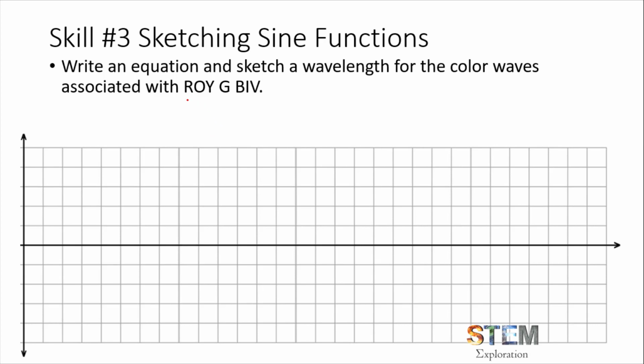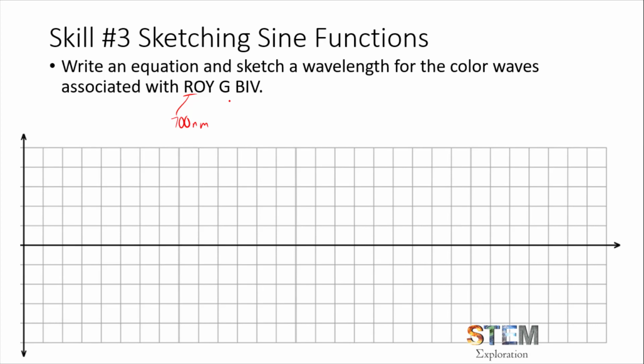So if we're looking at red, what I want to do is look at and sketch sine waves for all these colors, because we know colors are created by photons and photons are waves. When we see a color like red, what we are actually seeing is the omission of other colors. So when we see red, what we're actually seeing is 700 nanometer light,